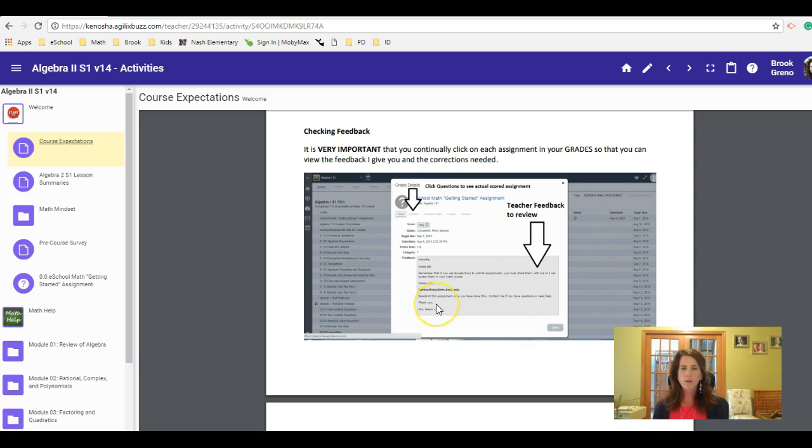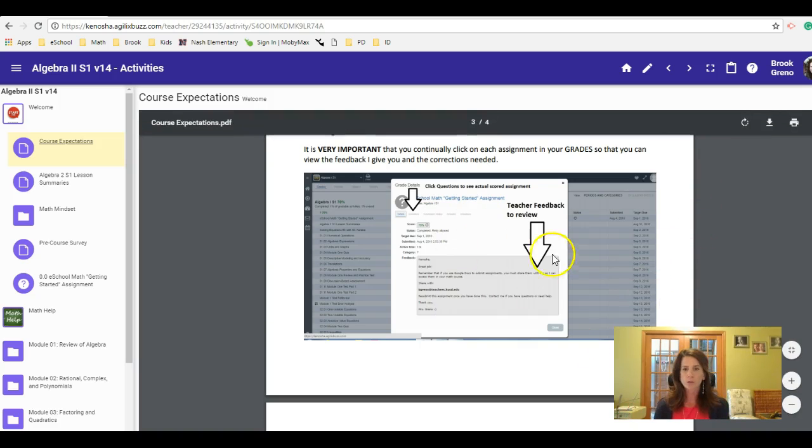So using all of that on a regular basis versus just looking at everything in this course as a checklist, because that's going to be really difficult to, again, grow and learn and make progress and kind of build on all your math skills and concepts that you're learning here in Algebra 2.